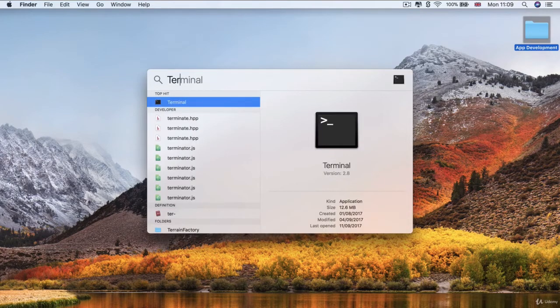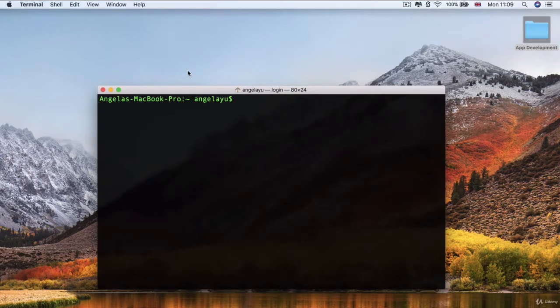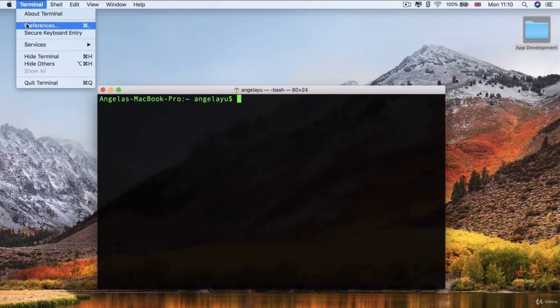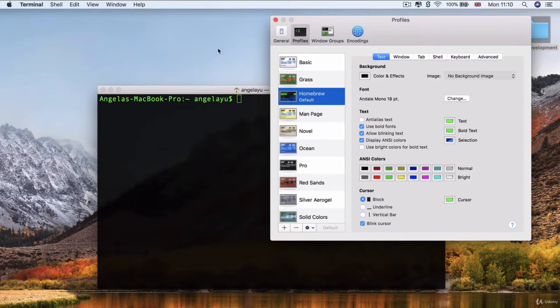But in Spotlight, I'm going to search for Terminal, and here is my brand new Bash shell, and you can see it is a Bash shell because it tells you so up here. The first thing that you might notice is that my preferences or my display or the skin on my terminal might look different from yours. If you want to change it to whatever you like, then you can simply head over to Preferences and